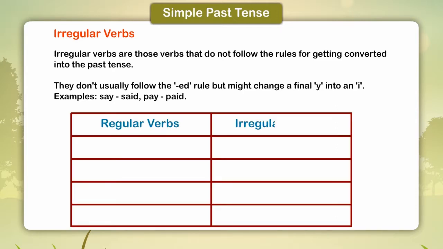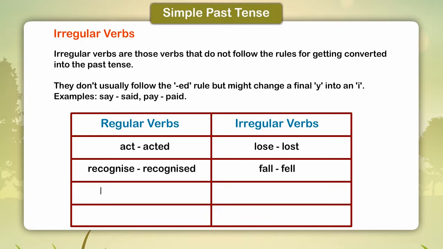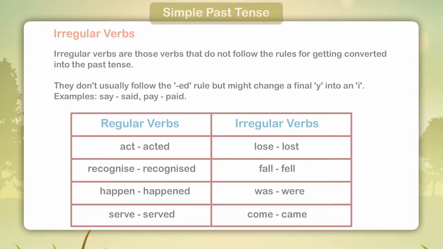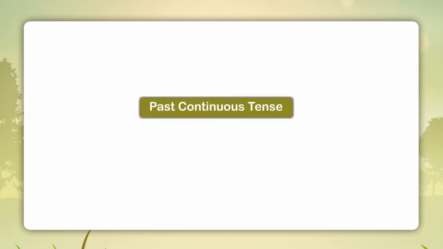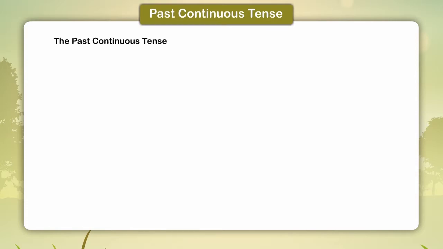Regular verbs, irregular verbs. Act, acted. Lose, lost. Recognize, recognized. Fall, fell. Happen, happened. Was, were. Serve, served. Come, came. Past continuous tense. The past continuous tense is formed from the past tense of the verb be with the ing